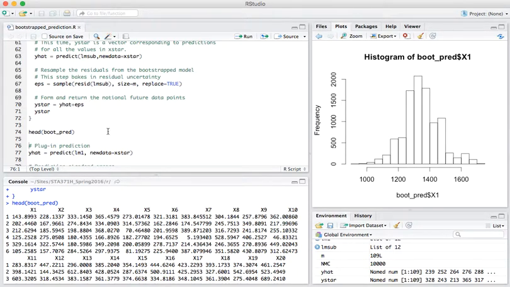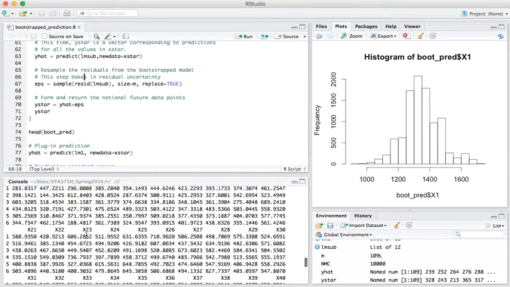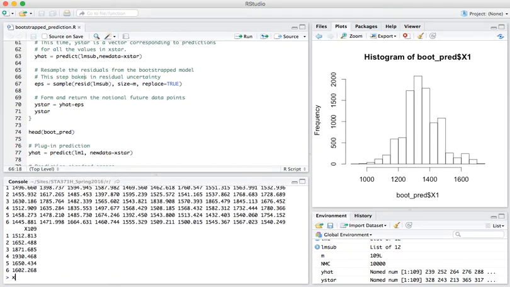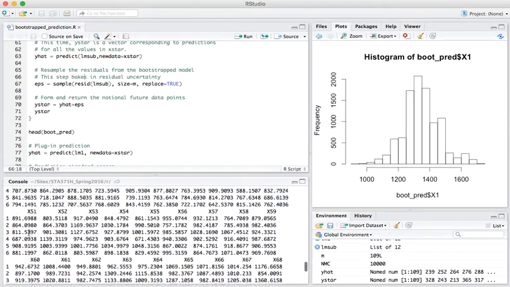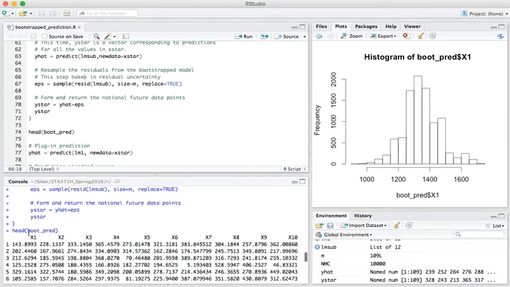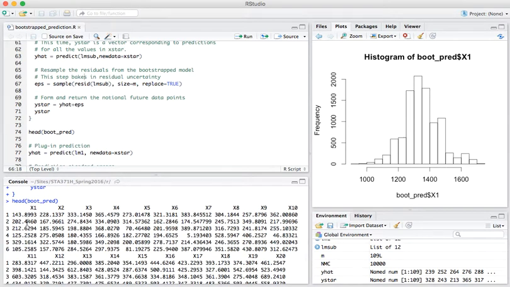Okay, and so just to be specific, what was that first value? If I go back here and say, what were the first 6 values of x star? That first value was a daily circulation of 130. So again, going back to the top of boot pred here, those are the first 6 simulated Sunday circulations for that newspaper with the daily circulation of 130,000. Here are the first 6 for the newspaper with the daily circulation of 140,000, for 150,000, 160,000, and so